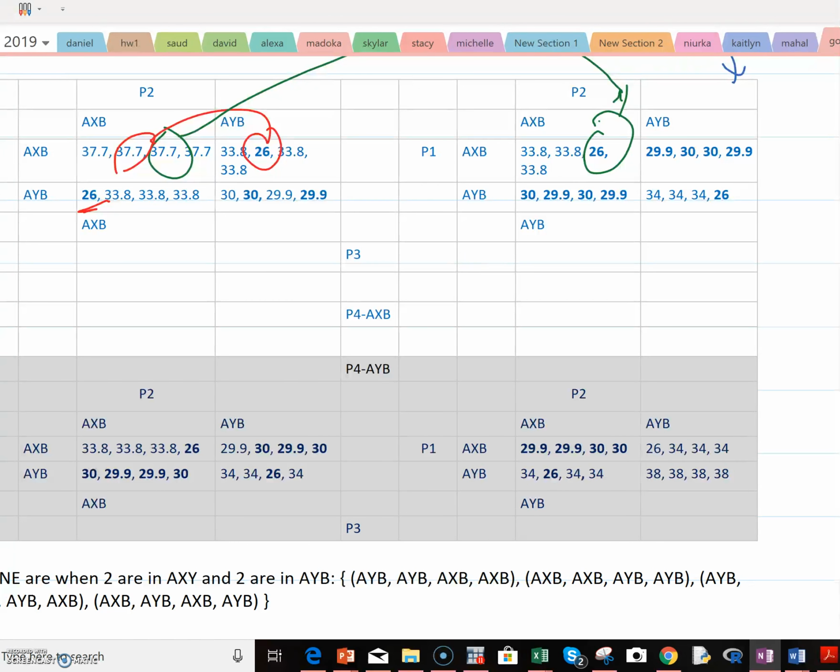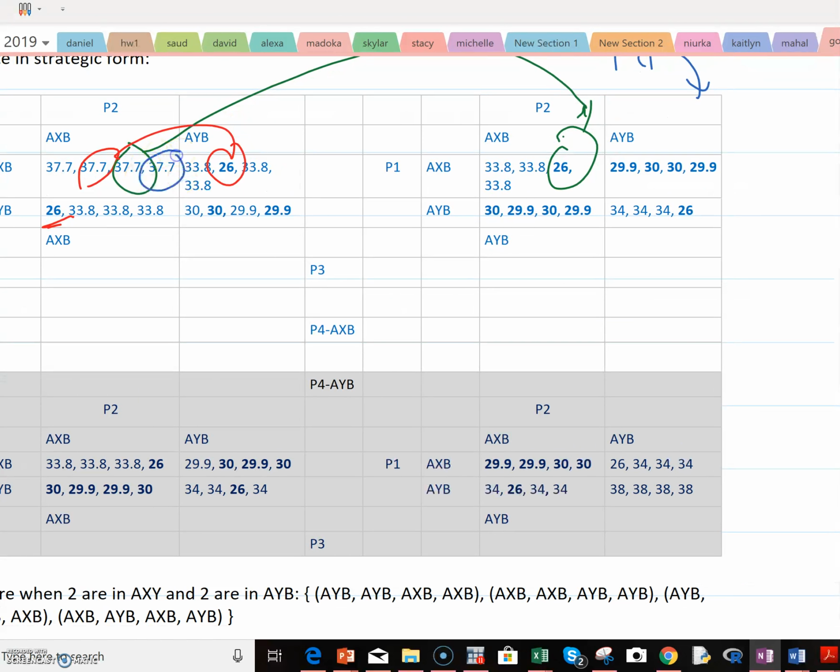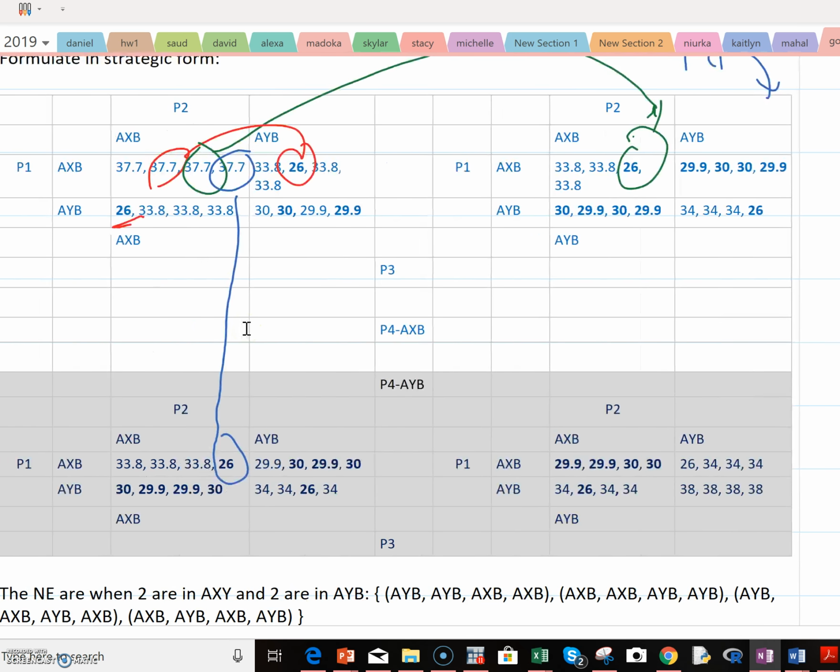And then between 37.7 here and the 26 here, player 4 will prefer the 26. You see that? And then you do it for all of them. Here I'm putting a bold number for the preferred choice. And when you do that,